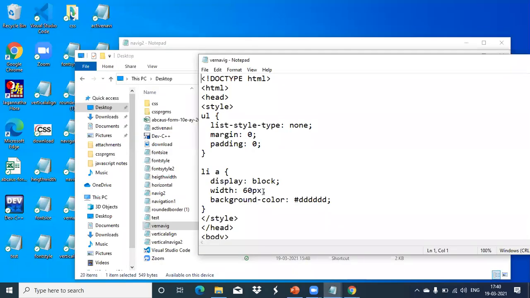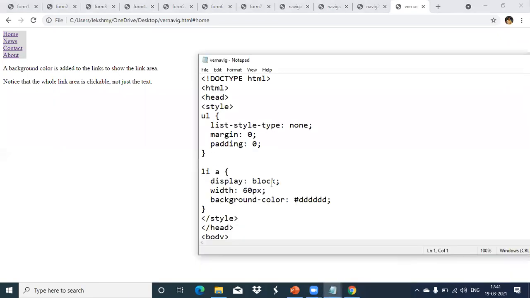Its width is 60 pixels and its background color is that particular color, so we are getting this beige color. So only one more property we have added, display block, and the width we are setting to 60 pixels.